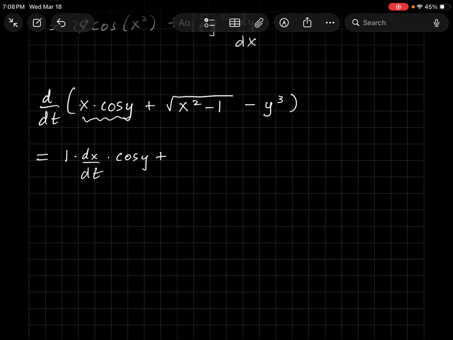So no chain rule on the cosine of y because we're not taking a derivative. We left it alone. Now plus x, leave it alone. No derivative, no chain rule. And we'll do the derivative of the cosine of y, which is negative sine y. But my variable doesn't match. I'm taking the derivative of y with respect to t, so I need a dy dt. Continuing on,